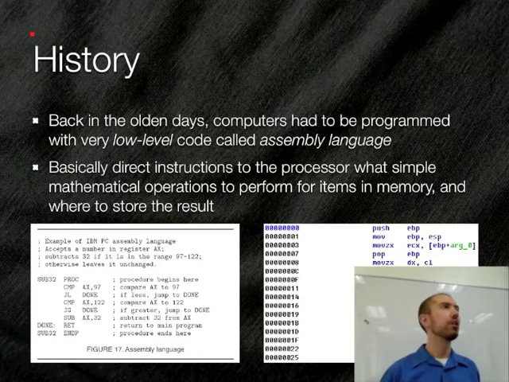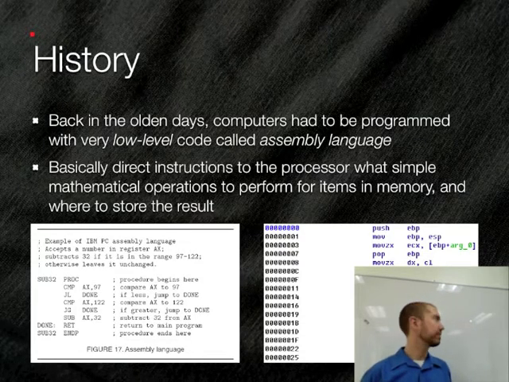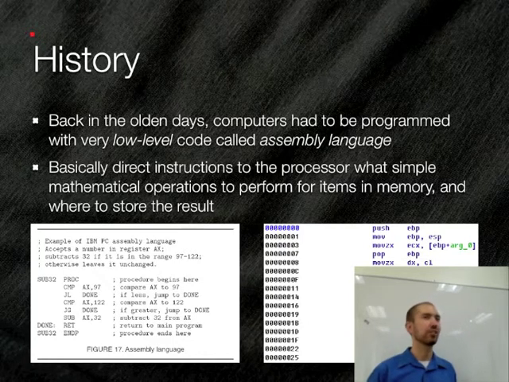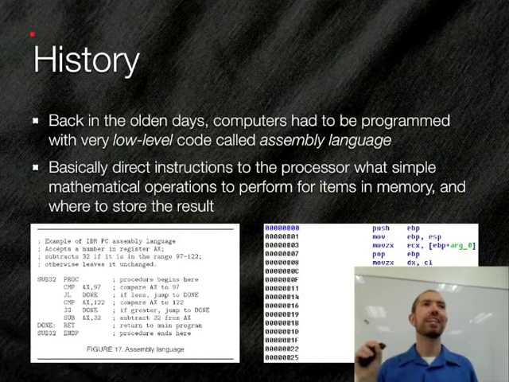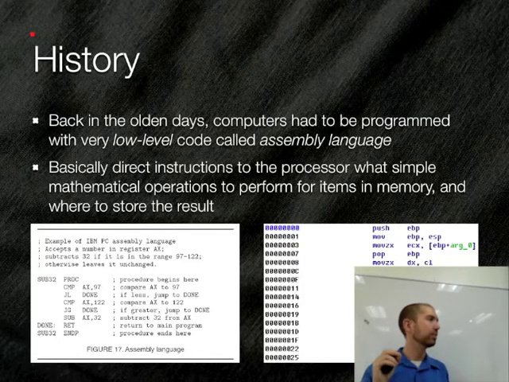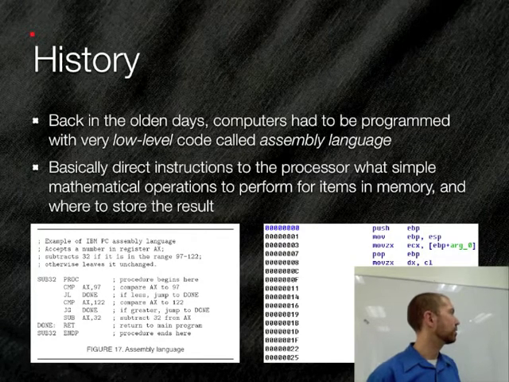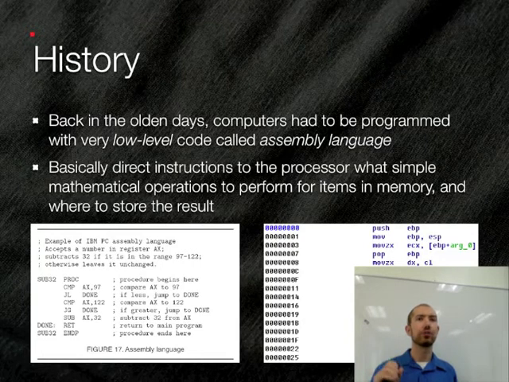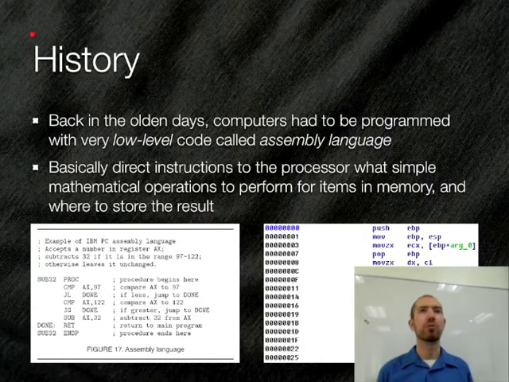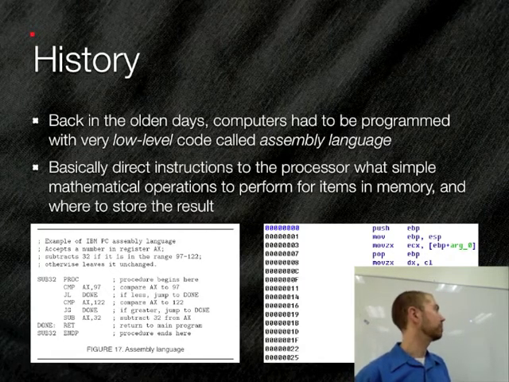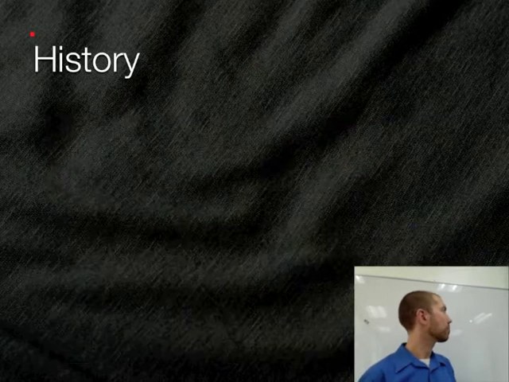So for that reason, as computers got more and more complex, and as the programs we wanted to write got more complex, this became an undesirable way of doing things, right? Because it would take a really long time to do anything complex when you're micromanaging the processor, telling it every single little thing that it has to do. Although I'll note that people still use assembly code nowadays, especially if you need to write really super optimized code for a game or something like that, you would often write it in assembly code because it is sometimes a bit more efficient than something like Python or other languages. But for just general stuff, you don't write a lot of assembly code nowadays.